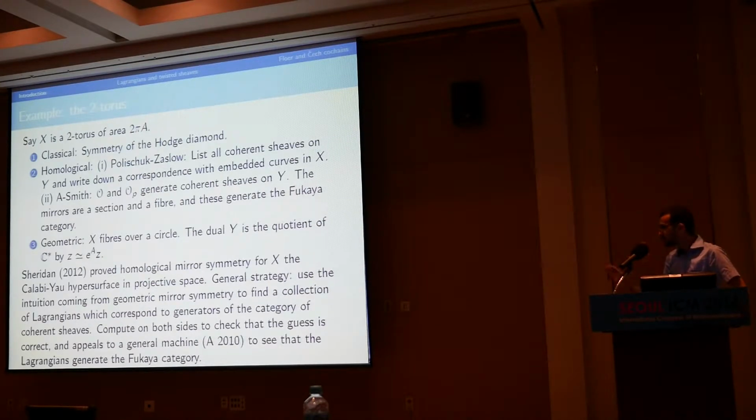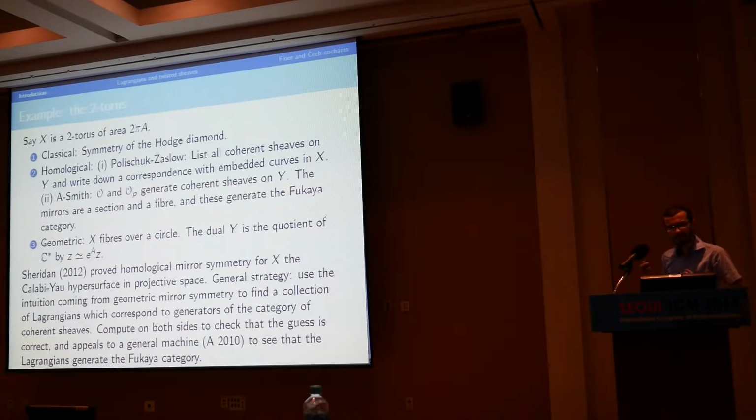Okay? The work goes into computing a bunch of Floer cohomology groups and multiplications on one side, and a bunch of sheaf cohomology groups on the other, and you check that they match up. And when you do that, you've proved mirror symmetry basically for these two collections of objects, and then you need some kind of generation result. We now have a machine to prove generation results, even though it's not as simple as saying, cut your symplectic manifold into pieces. It's a little bit more complicated than that.